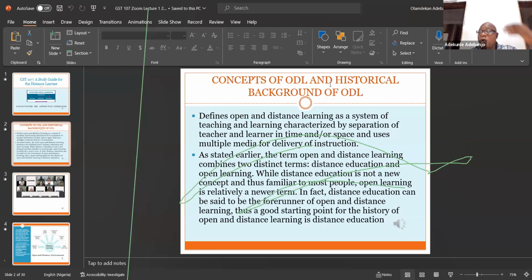During that era of olden days, when we had books and all these things, the education they had then was correspondence. We called it correspondence then. They send books to them. They will read, and after they might have read those books, they will send the assignment back, and then at a particular time, they gather together at the University of Ibadan. That was when Cambridge and Oxford University were in Ibadan.